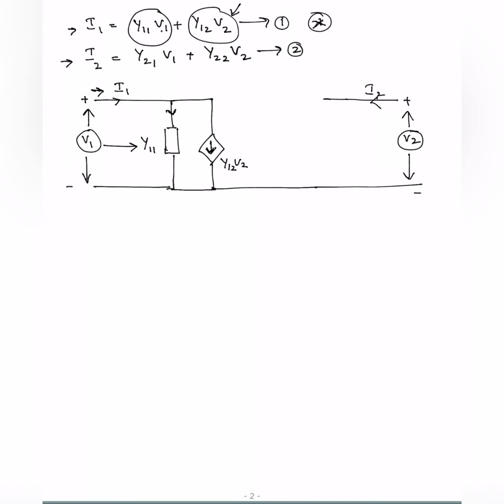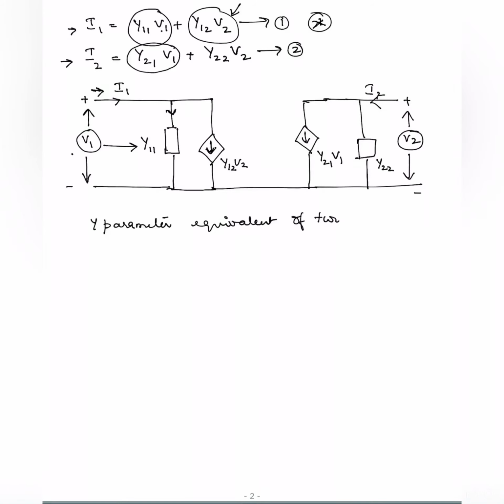Second, since you have a V1 term here relating to the output, V1 is present on the input side, so we cannot represent it in any other form. It has to be a dependent current source with a value of y21 V1, and you'll have a parallel impedance with the value of y22. So this circuit is the y parameter equivalent